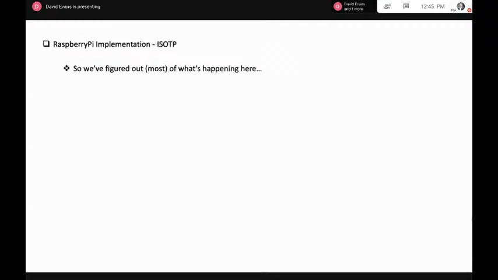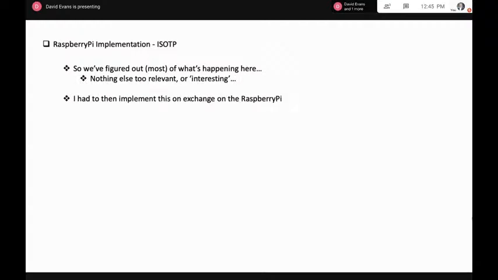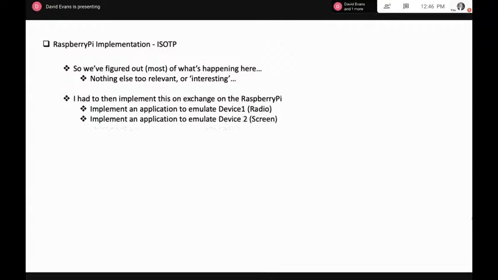It can be quite accurate, but at the end of the day, it's not, and it doesn't try to be. So we figured out what's happening here. Nothing that's too relevant or interesting. I had to then implement this exchange on the Raspberry Pi, so implement an application that would pretend to be the radio, and implement an application to emulate device 2 or the screen to, let's say, allow this exchange to happen, because running a CAN log doesn't really